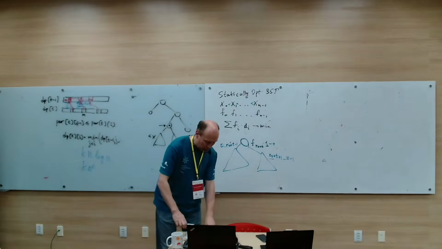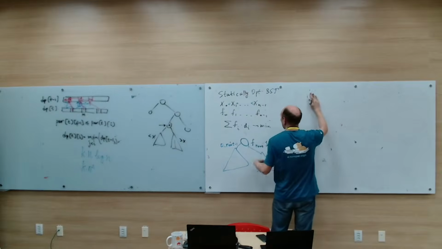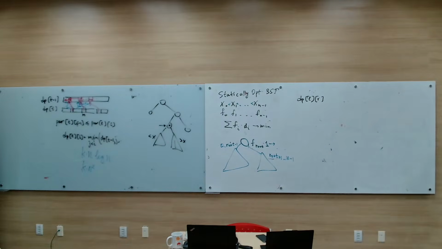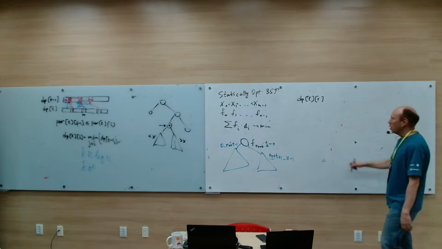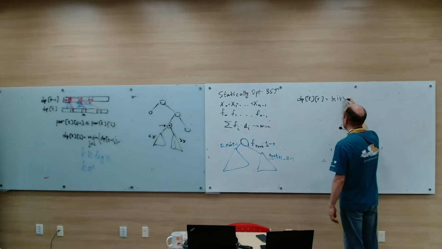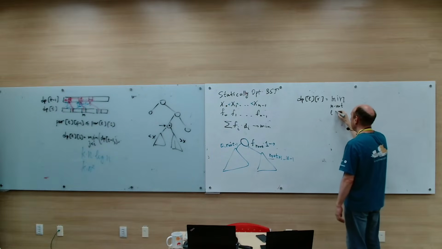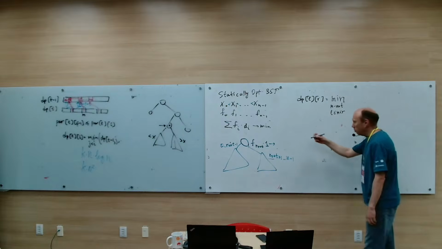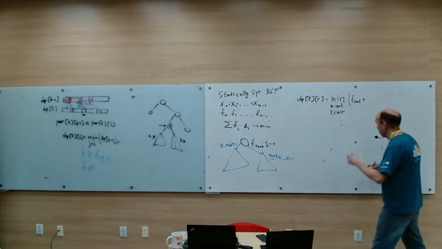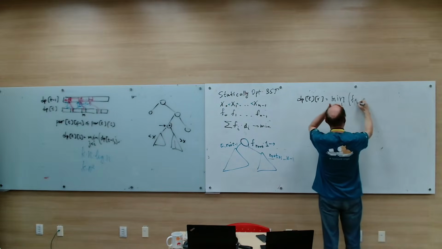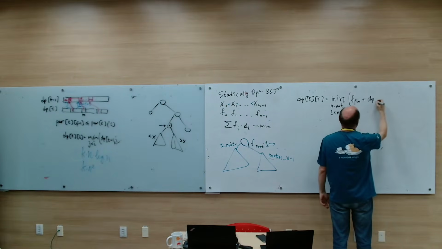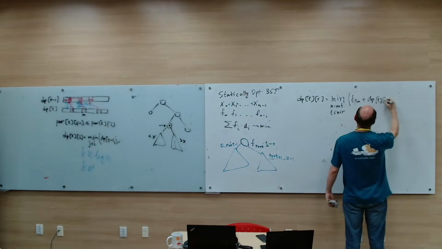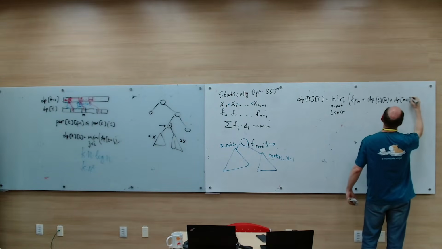So we get the following dynamic programming solution. dp from L inclusive to R not inclusive is the cost of the optimal tree on the segment from L to R, and we choose its minimum over the choice of M as root, L less than or equal to M less than R. We choose M as the root, and now the cost there will be f of M, plus dp from L to M, plus dp from M plus 1 to R,